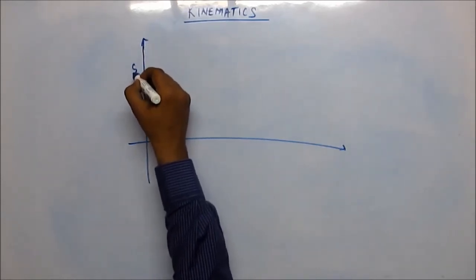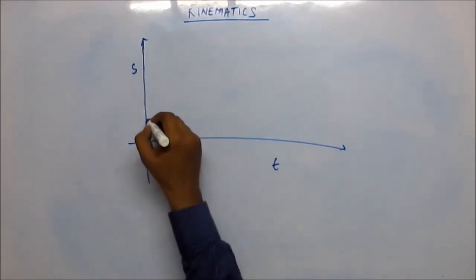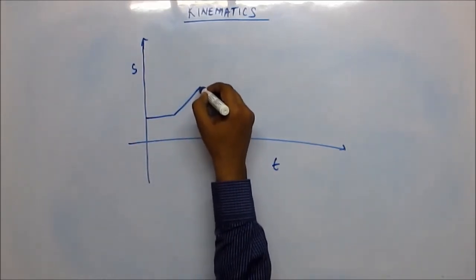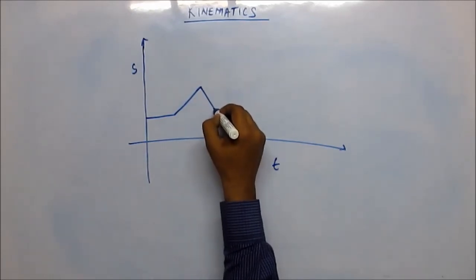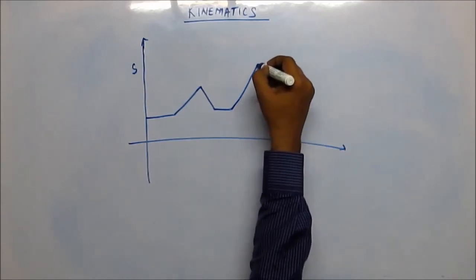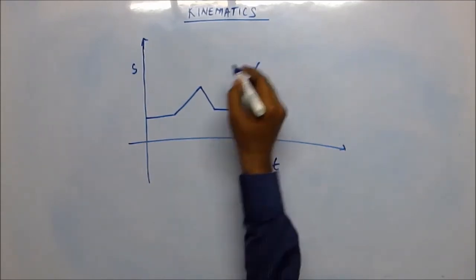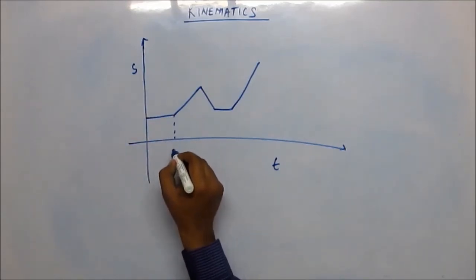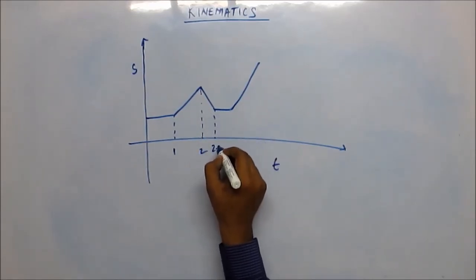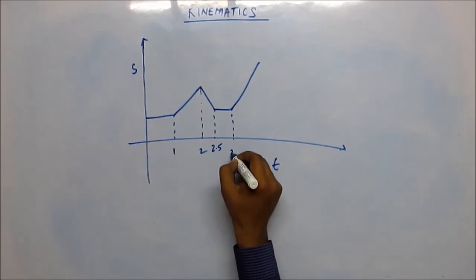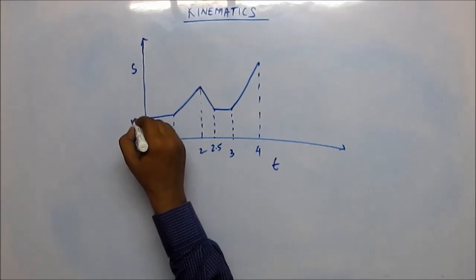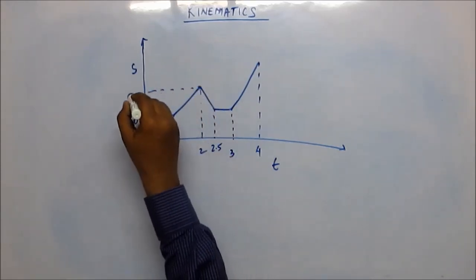Suppose this is a displacement versus time graph we are looking at. This is 1, 2 seconds, 2.5, 3, and let's say this is 4. This let's take as 10 units, this to be 20,